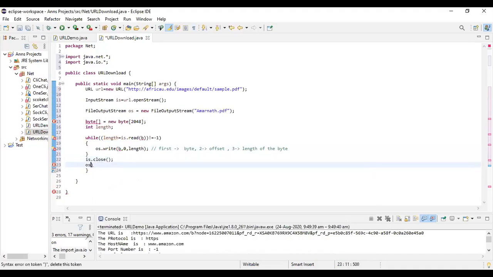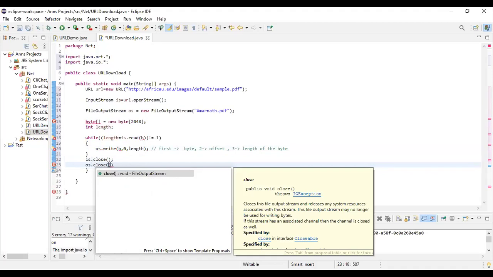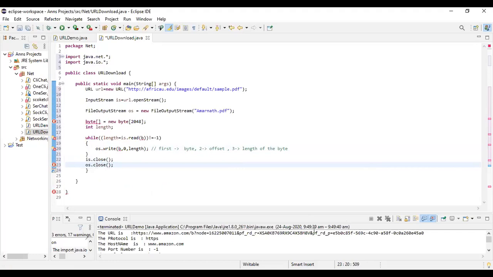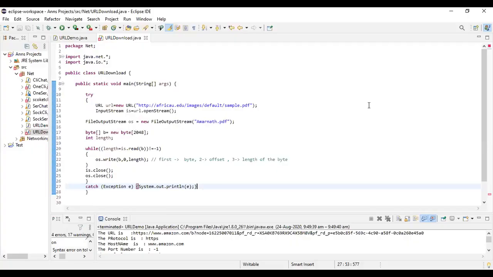I'll even do an os.close. I'll save my program. Here it was incomplete. Byte B is equal to 2048. Yes, tell me. Okay, I put things in a try catch.